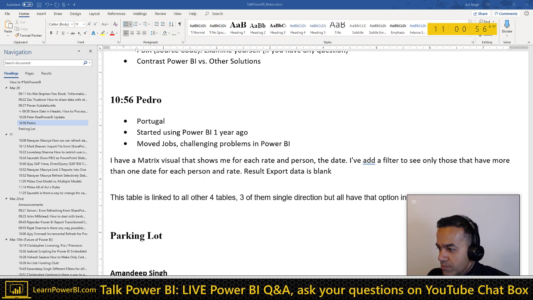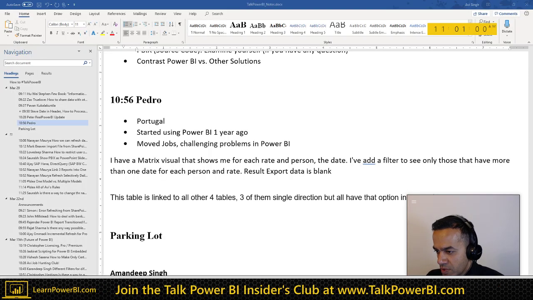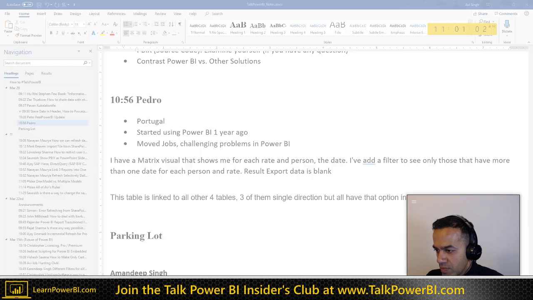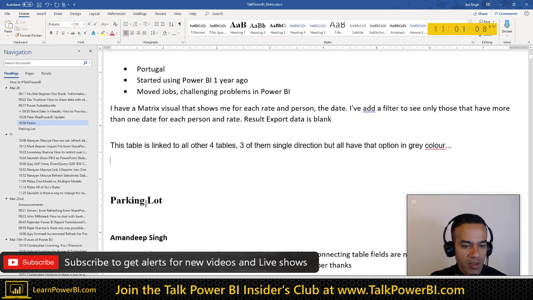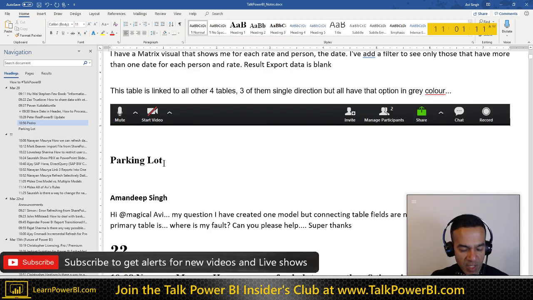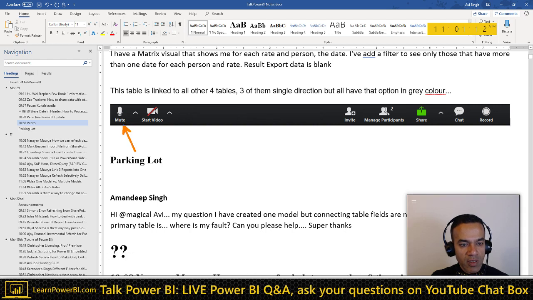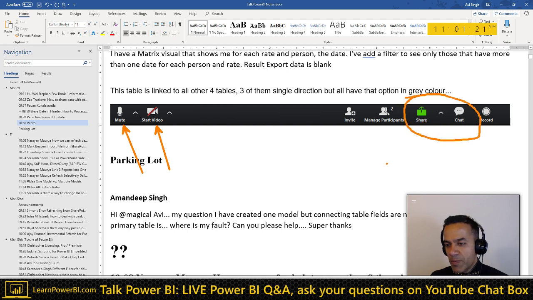Exactly, yes. It might not be exactly like that for you, but do you see something like this at the bottom, where there's a mute button, start video, and then this share button and chat? No, I don't see anything like that.